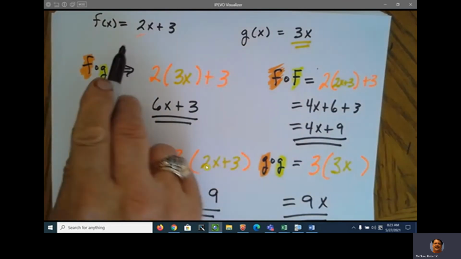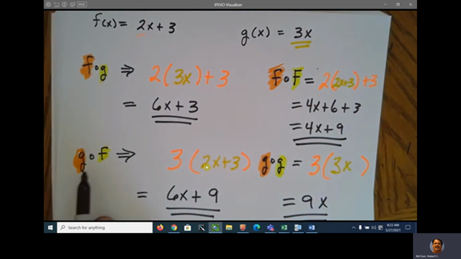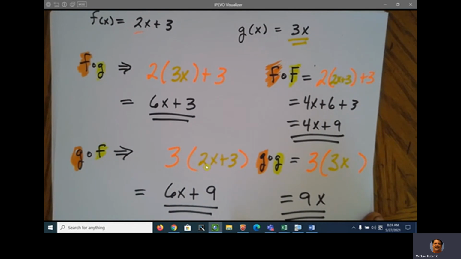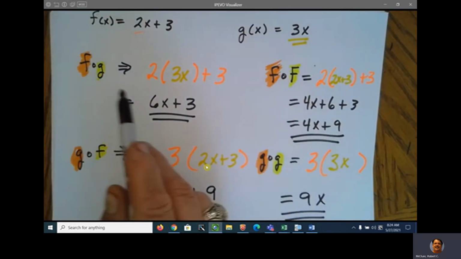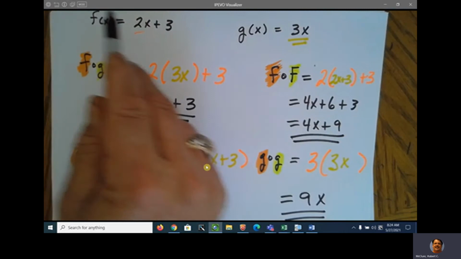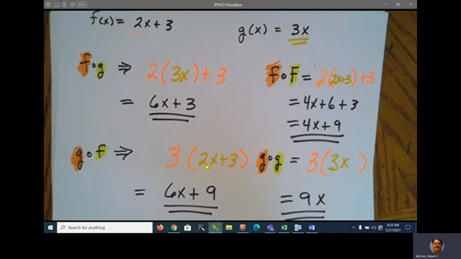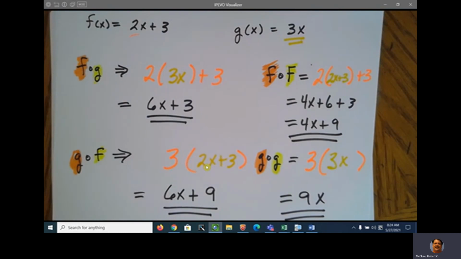Okay, so I just did f composed of g, g composed of f, f composed of f, and g composed of g. Okay, these are all examples of going forward with these compositions. Your problem is going backwards. I'm going to leave that up there for about 5 seconds so you can hit the pause button and go back over it. And here